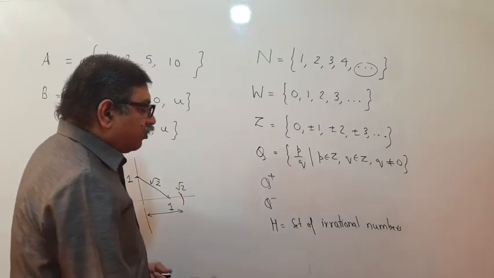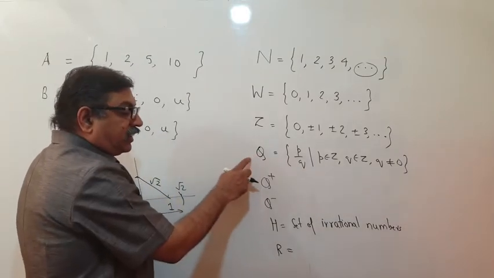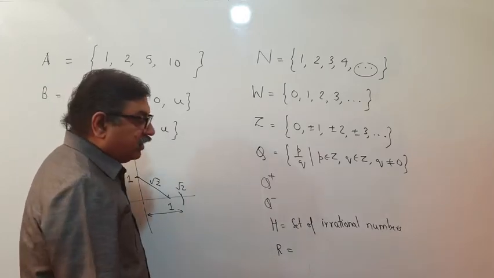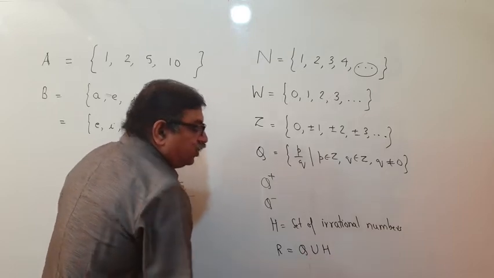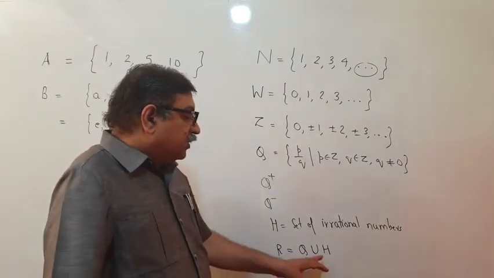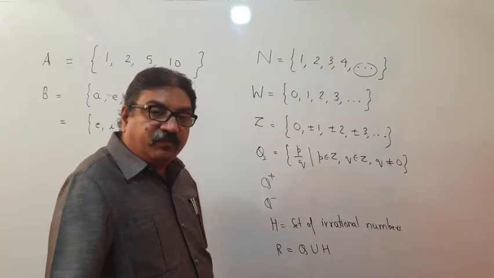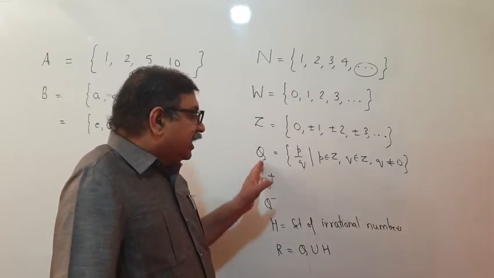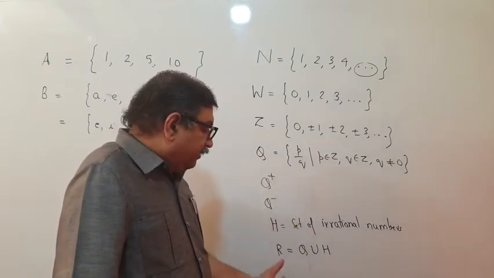And then we have the set of real numbers, which is made up of all the rational numbers and all the irrational numbers. So this becomes Q union H. Union, what is union? We will see later on as we cover this chapter. Union means it is a sort of addition of both the sets, elements of both the sets. So all the elements of Q and all the elements of H combined will be put in the set